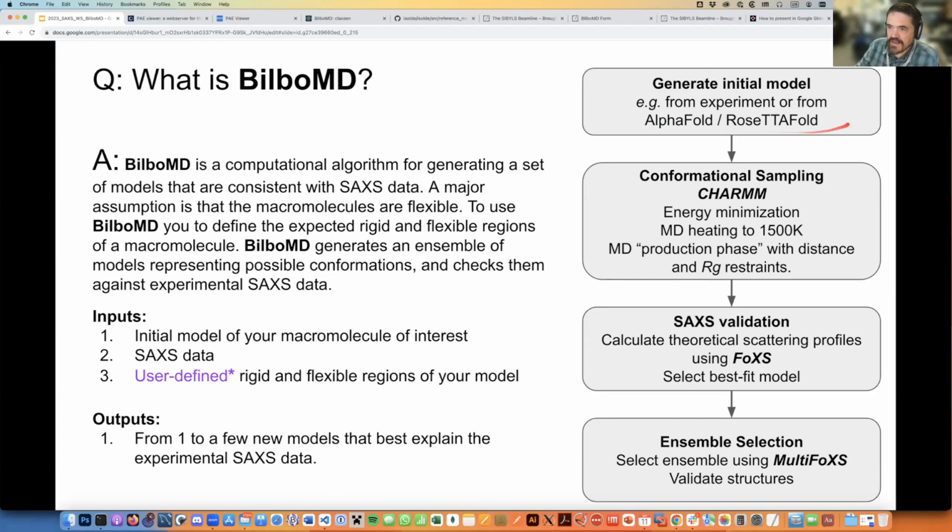So, you'll generate your initial model either from experiment if you're doing crystallography or cryo-EM or NMR or something like that, or you can generate a hypothetical model using AlphaFold or RosettaFold. And then using CHARMM, which is a molecular dynamics package originally developed at Harvard, this will do energy minimization of your model, heat it up to 1500K, and then go through a production phase using distance and Rg restraints in order to generate tens of thousands of models